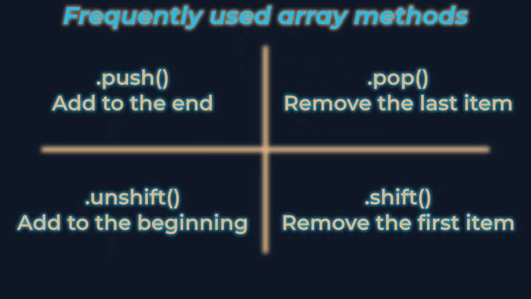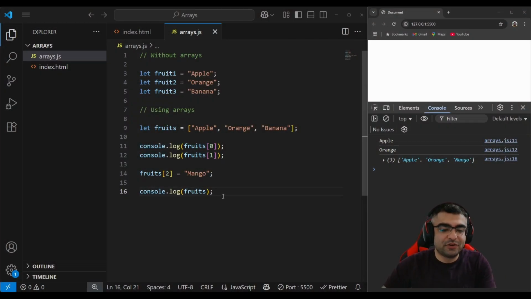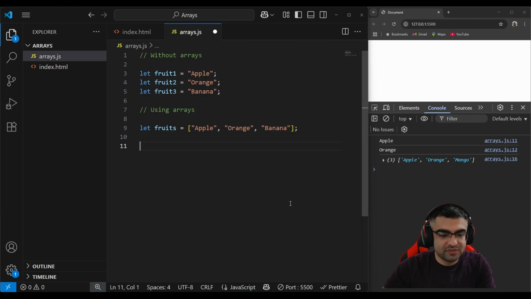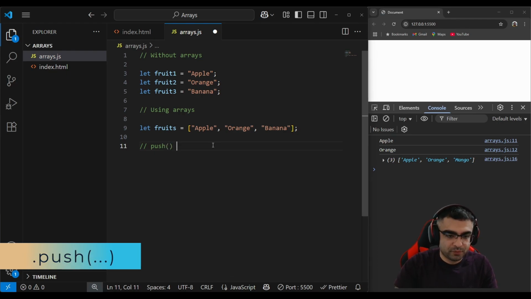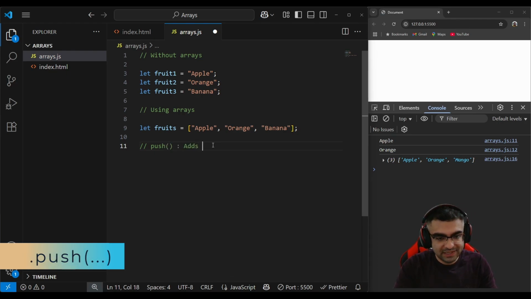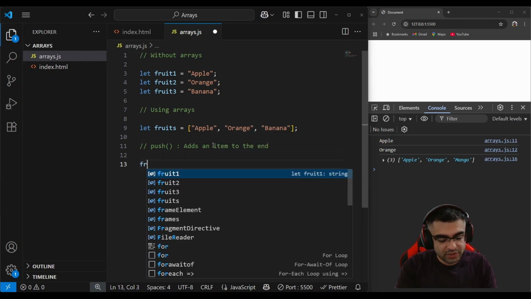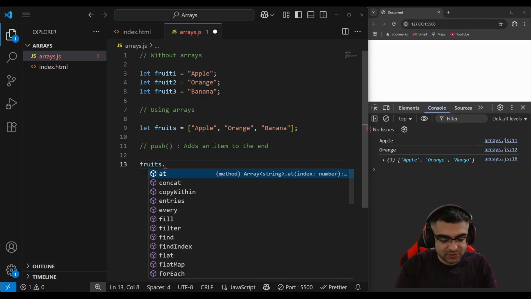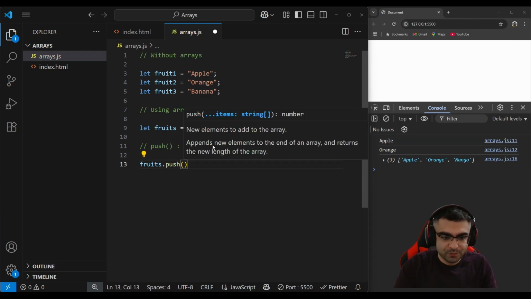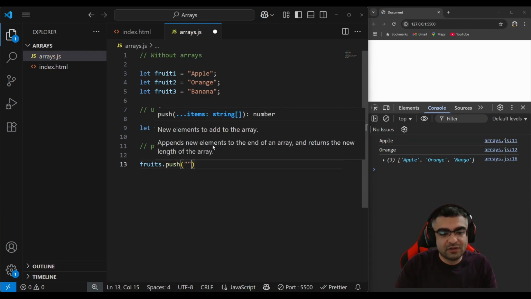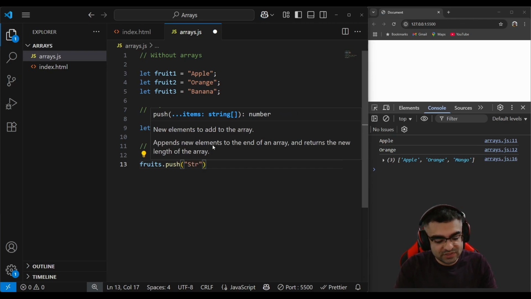These are super useful. You'll use them a lot. Let's see them in our code. So here I'll remove these lines. This is our array, and I'll start with push, which adds an item to the end. So fruits dot push, and here I'll add, for example, strawberry